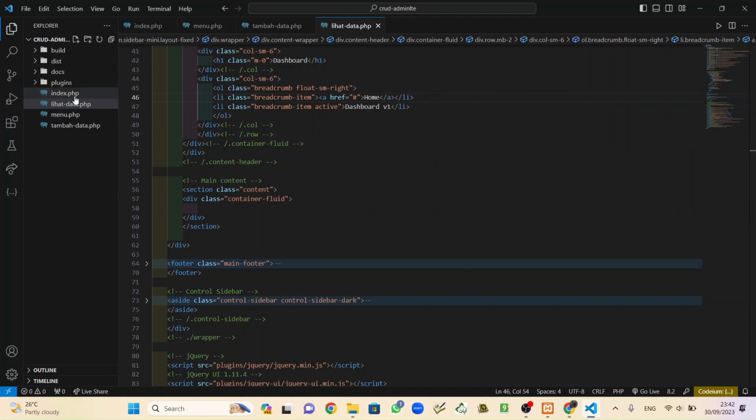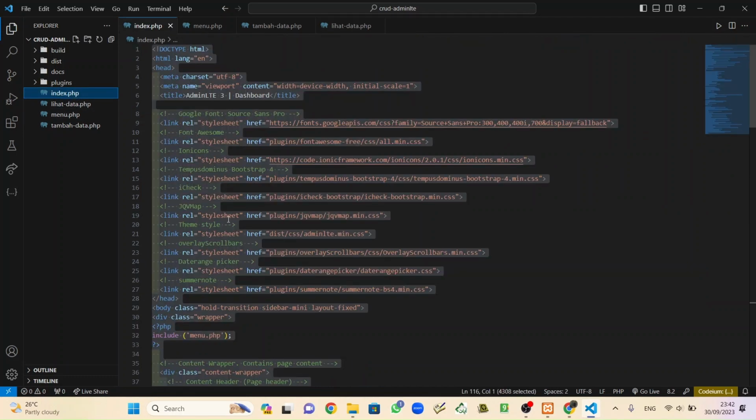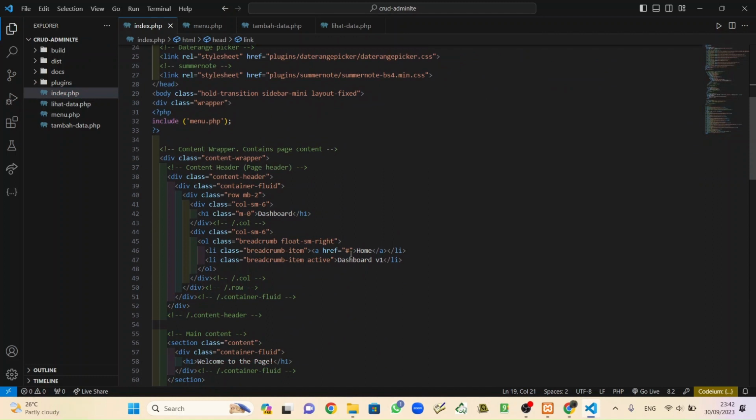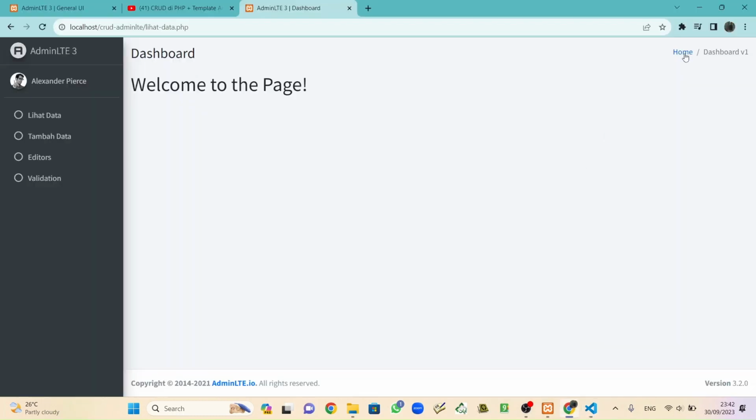So index PHP, there is home, right? And also at lihat data and tambah data. So change this hashtag with index.php. So when user click this, it will back to the index PHP.